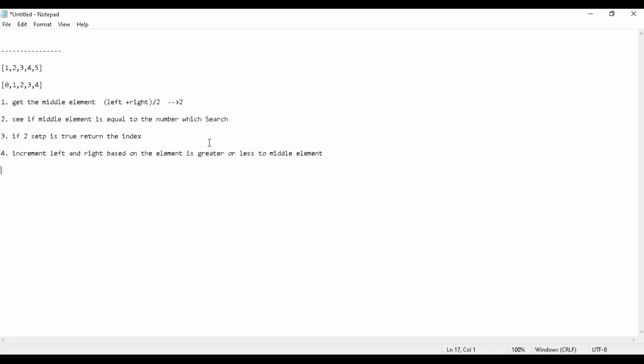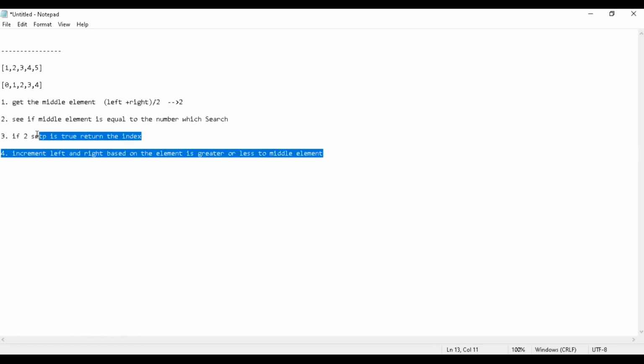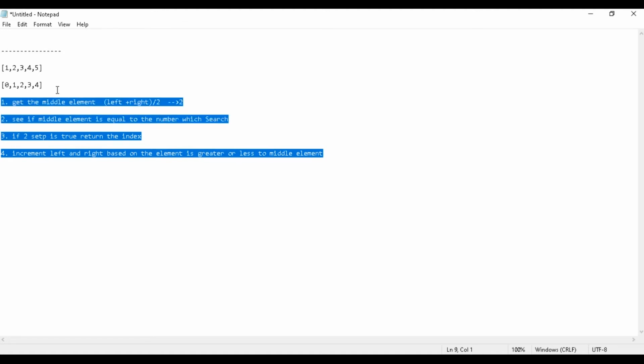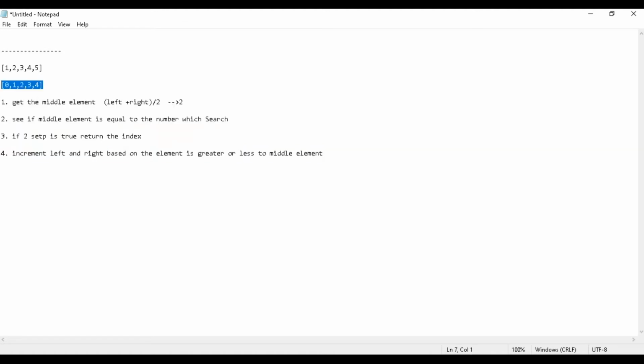So this is how binary search works. We divide the array in half, and then we search according to whether my number is greater than or less than the middle element.